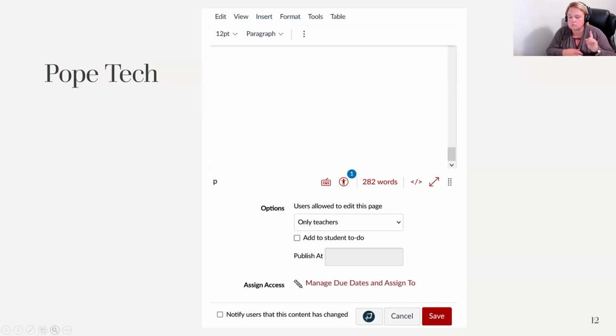So the question from the audience member, I'm not sure if those online heard it, was about the icon, whether that was what PopeTech was for. And yes, that's correct. So the P that you'll see next to the cancel and save when you're creating assignments or pages or anything like that, that stands for PopeTech.